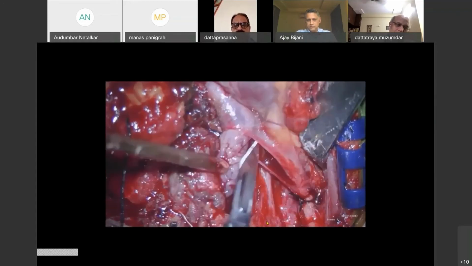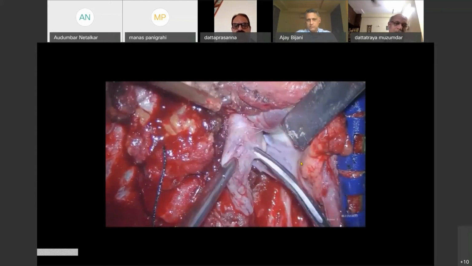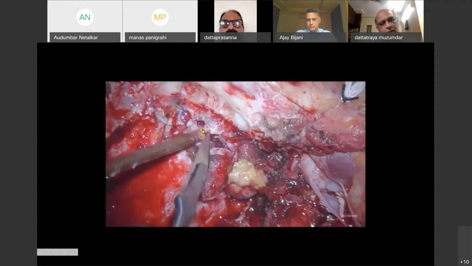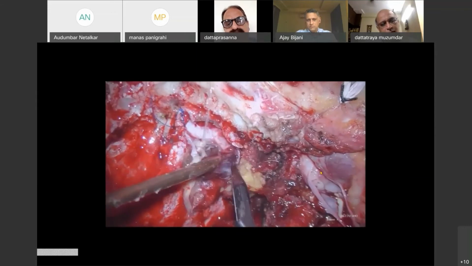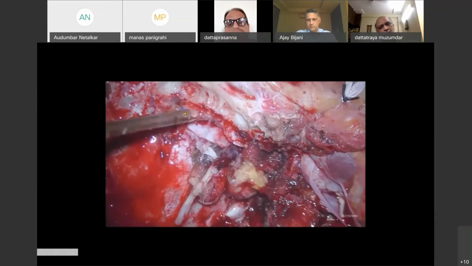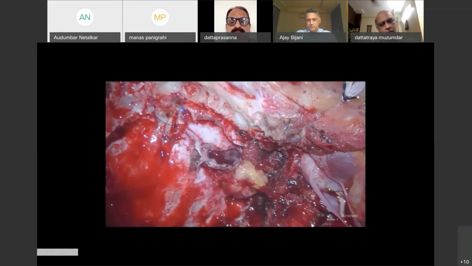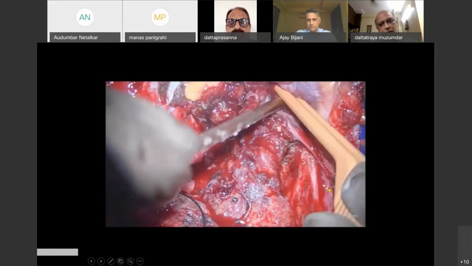You can see here that the trick is to follow the inner wall of the jugular vein and the ulnar wall of the sigmoid sinus, so that one does not touch the lower cranial nerve surroundings. So you can see here, you follow the sigmoid sinus into the jugular foramen, into the internal jugular vein. So the chances of dissection of the jugular lower cranial nerves is less, and in turn you will have less morbidity of lower cranial nerve palsy.